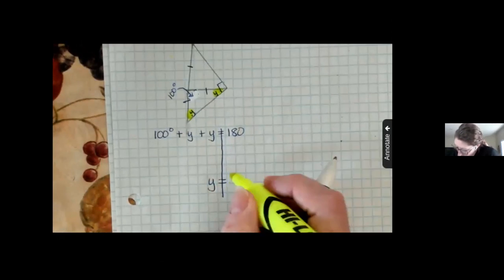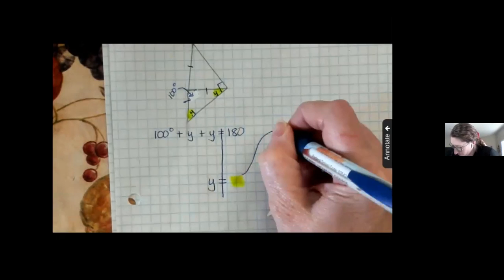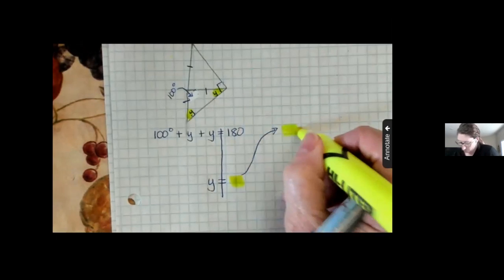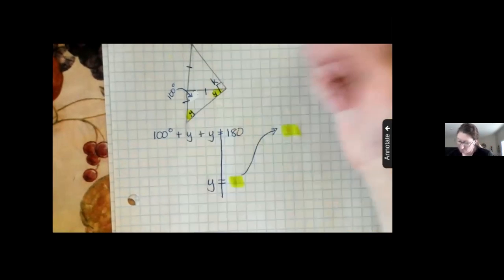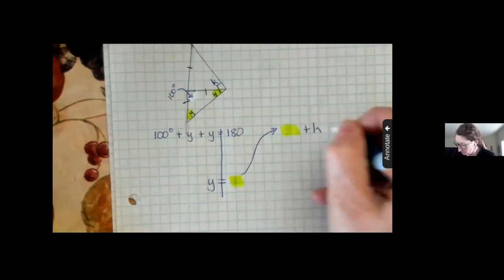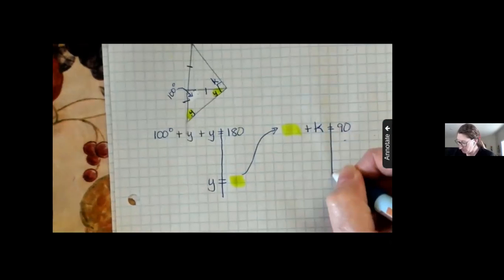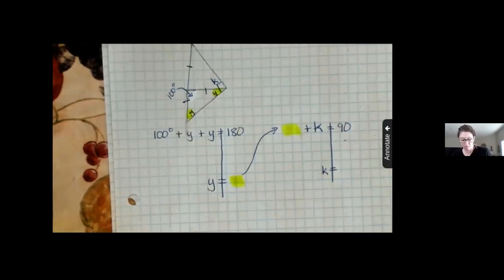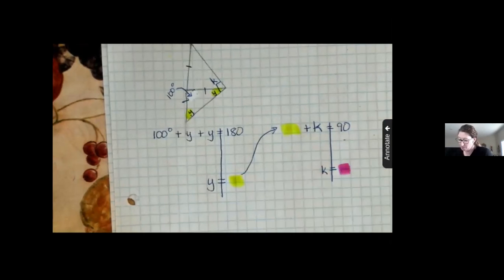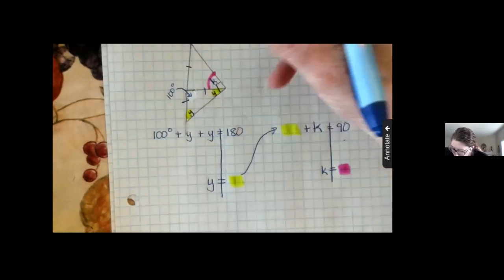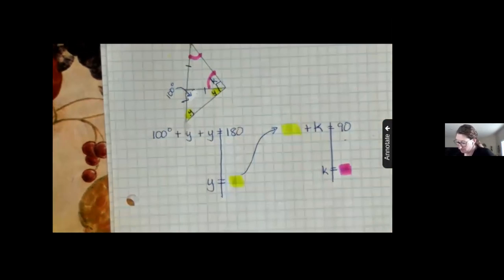you're going to take it up here, and you know that y plus, let's make this k, equals 90. So once you solve for k, let's make it pink, you know that k is the same as this one, which is the same as this one. So now all you have to do is take